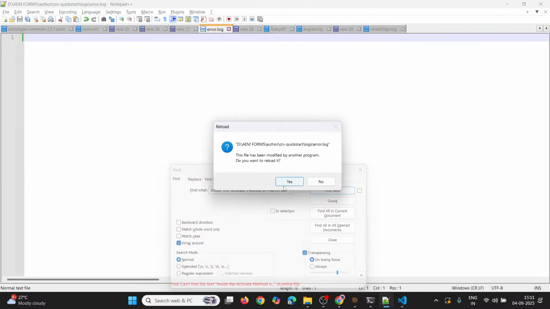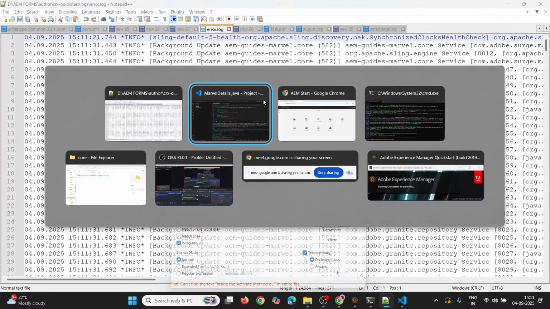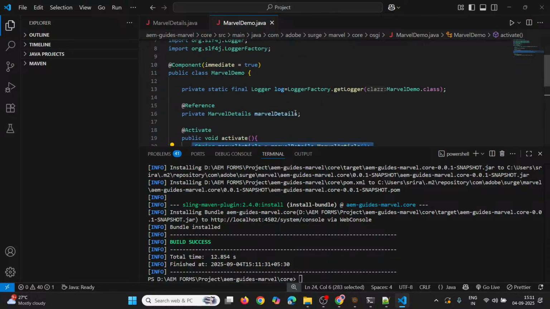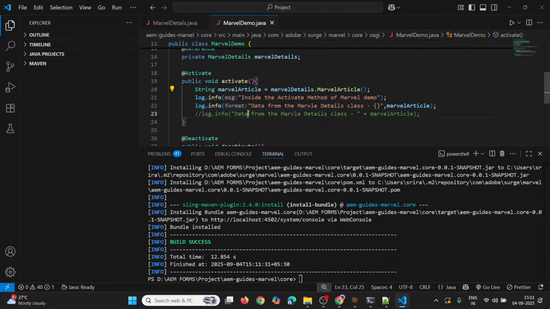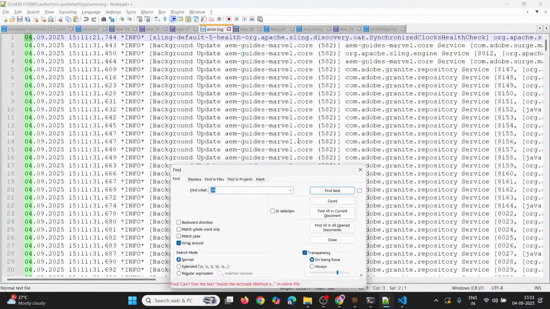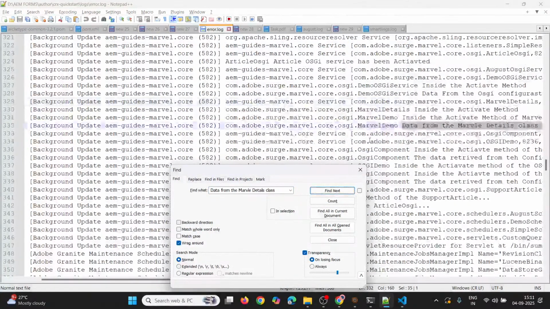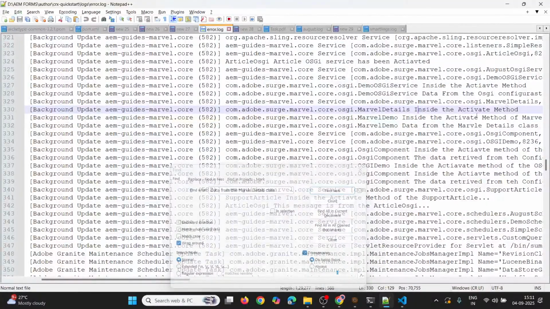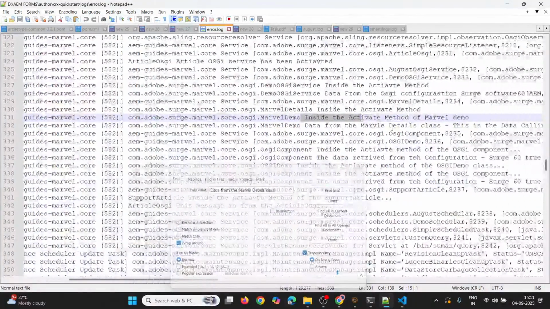Once deployed, try to check the Marvel demo class. Now it is printing inside the activate method of Marvel details, inside the activate method of Marvel demo, and